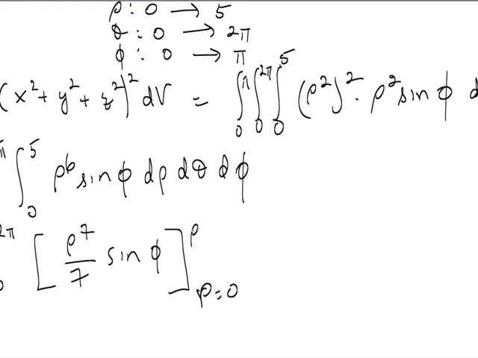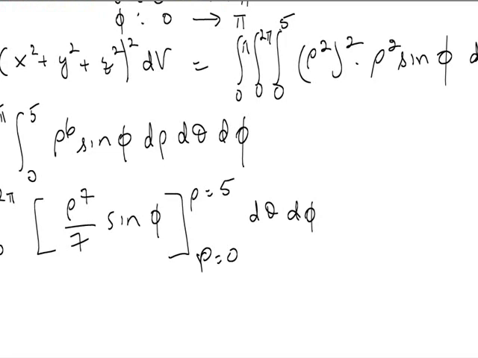Rho equals 0 to 5 d theta d phi, 0 to pi, 0 to 2 pi. Can I put it outside? Let's get it out of the way. 5 to the 7th over 7, sine phi d theta d phi,